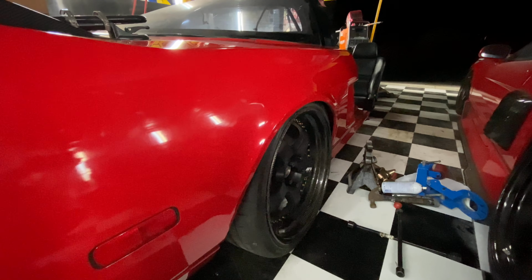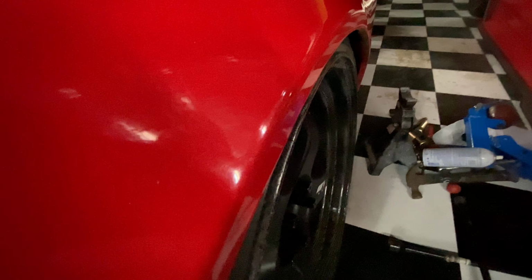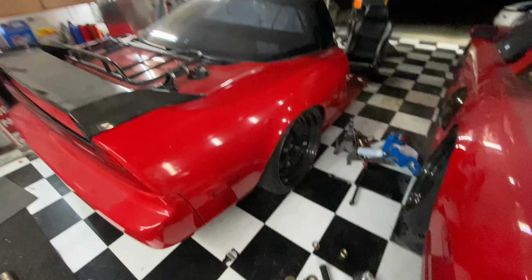So it's still rubbing on the other side. I heard the sound, but that's pretty freaking close there. That's good. I could make it. I don't know. There's not any room there really. The rubber's right up against it. So yeah, good stuff. All right, now I got to do the other side, and then I got to figure